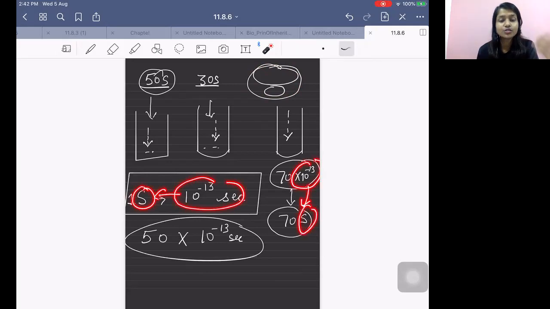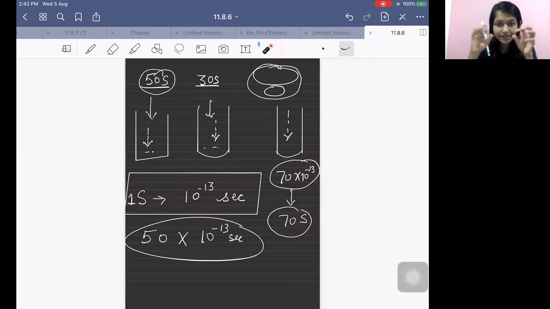We give importance to the person who discovered it, Swedberg's sedimentation coefficient, and that is why we don't write these. Instead, we write S. Got it? So when individually you do it, the time which they take to settle down is different. When you combine them and do it, the time which they take to sediment is different. That is the concept behind 50S plus 30S is equal to 70S, 60S plus 40S is equal to 80S. So this is all about ribosomes.